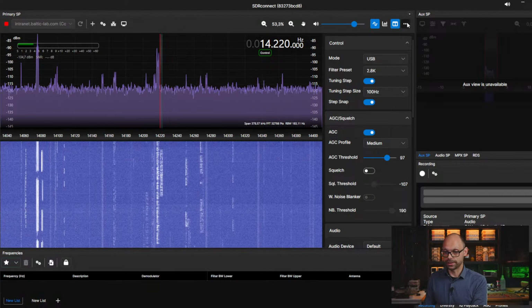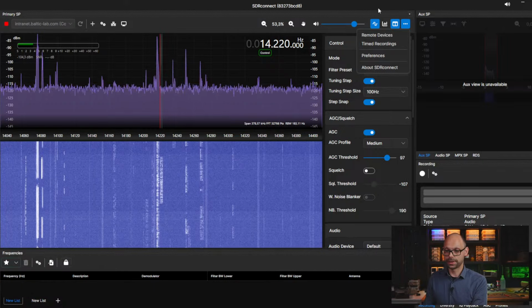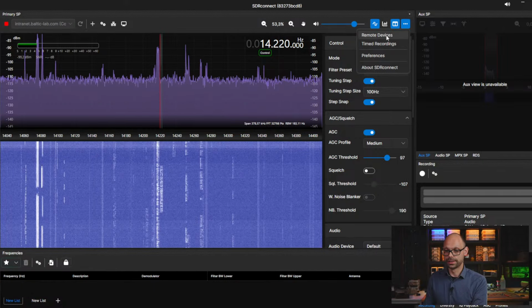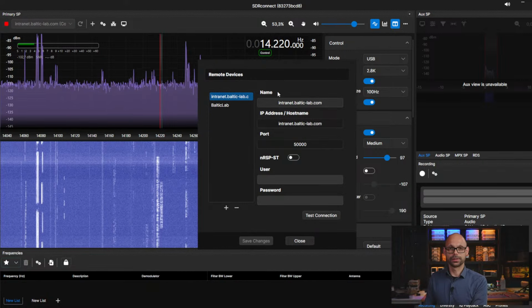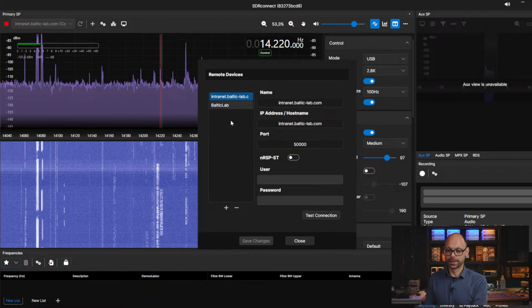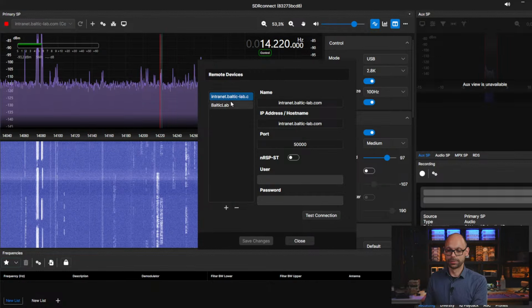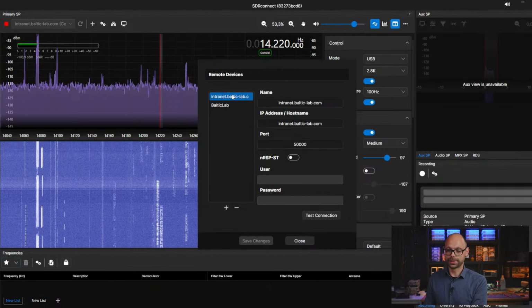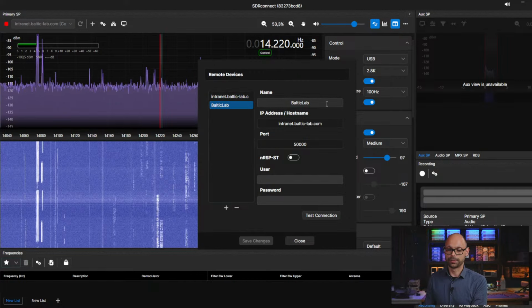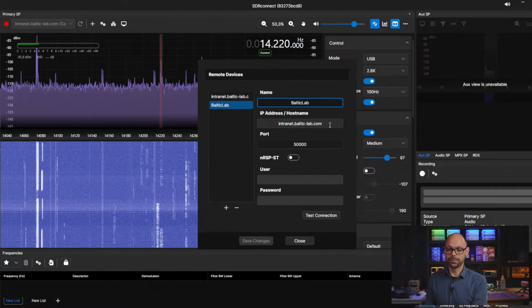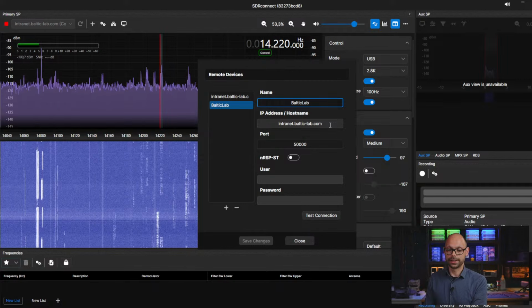And yes, Jared, the connection settings. If you want to set up this device for remote access, in SDRConnect you would click on Remote Devices. Then all this would of course not be there if you have a fresh install. The name up here doesn't matter. Actually, let me show that one. Just pick any name. The IP address / host name is